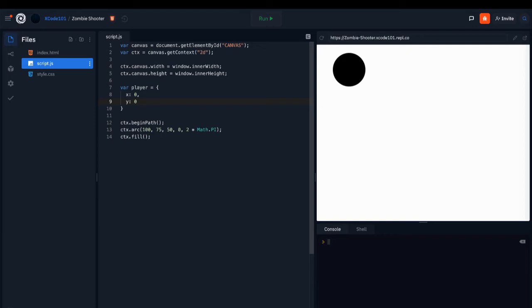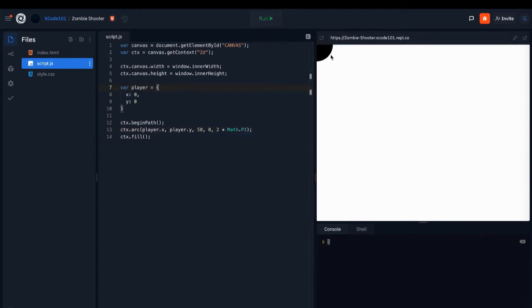So this is an object. Now, to access any object's values, you have to type in player, which is the name of the variable, dot, and x. Next, we can do player.y for the y,